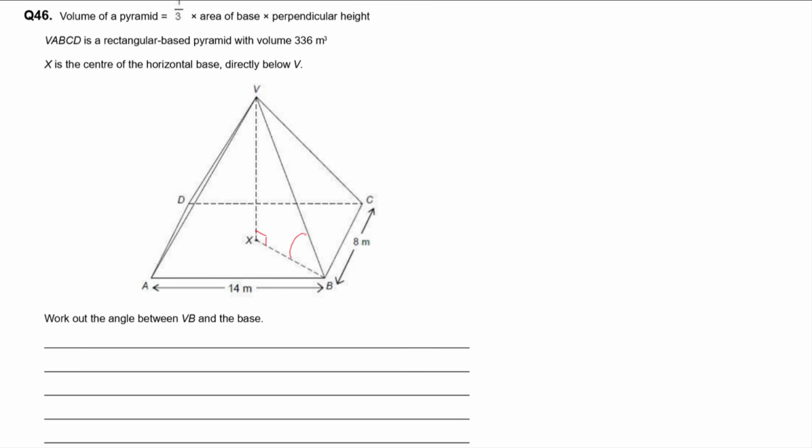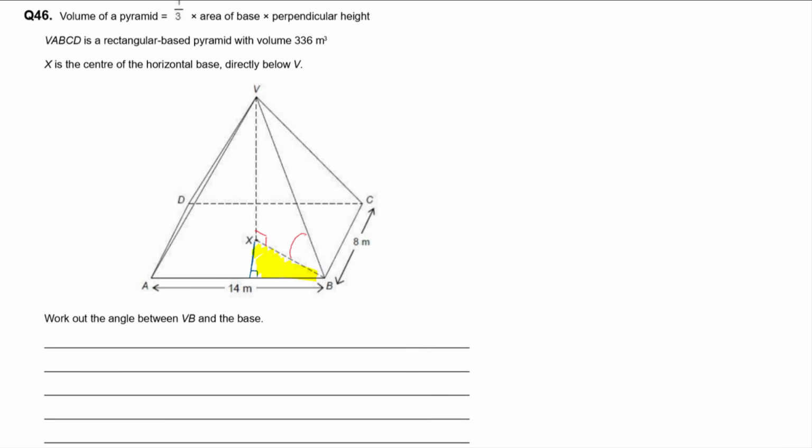Now we've got the formula for the volume, so I guess what we can do is we can use that to work out the perpendicular height of the shape, and that will give us XV. But we'll also need to find another side of the triangle, like BX or something like that. And we can probably do that with Pythagoras theorem. So that's what I'm going to do then. Let's form a little right angle triangle by drawing a line coming from here down to here at a right angle. So this triangle here then,